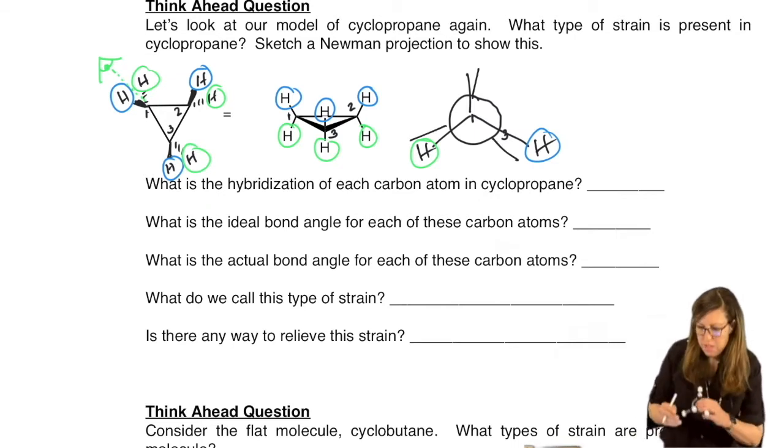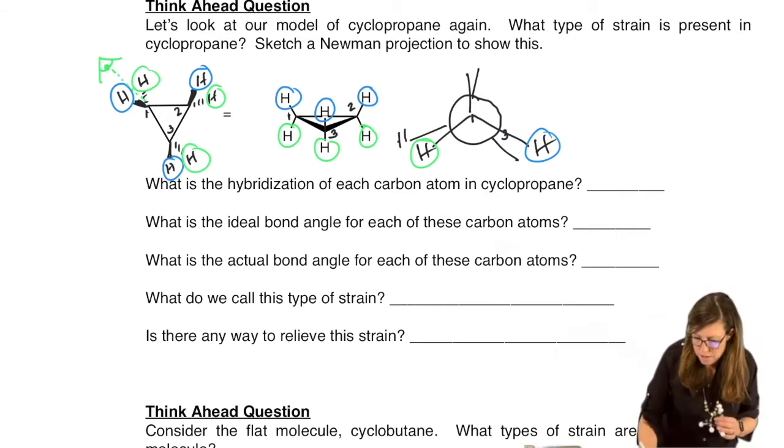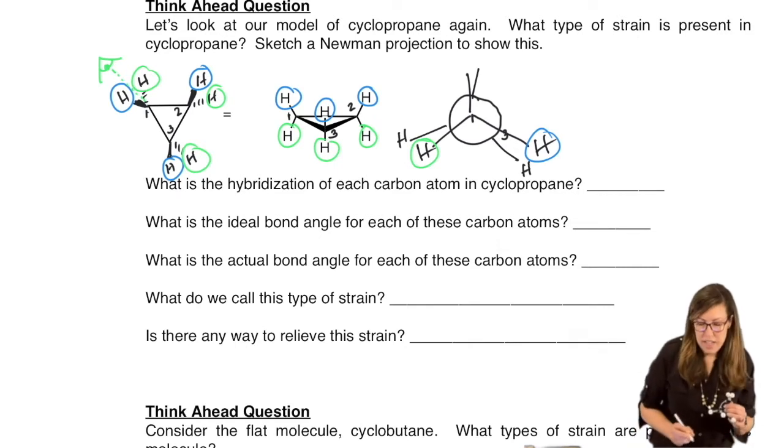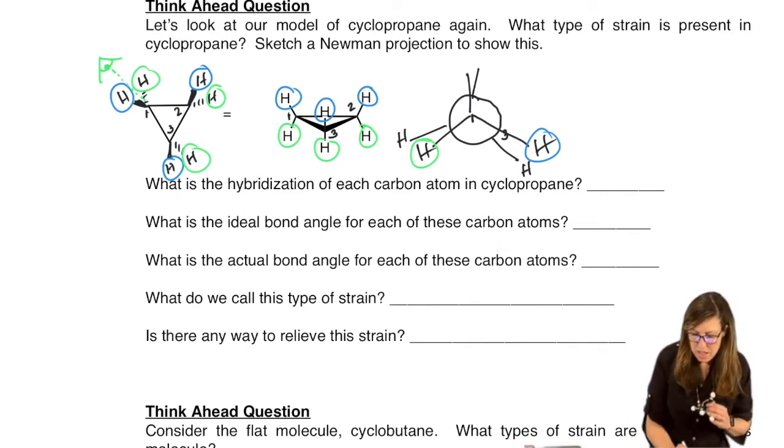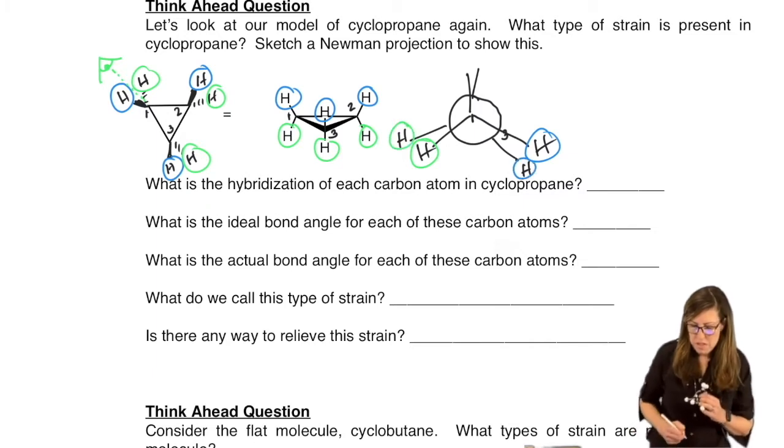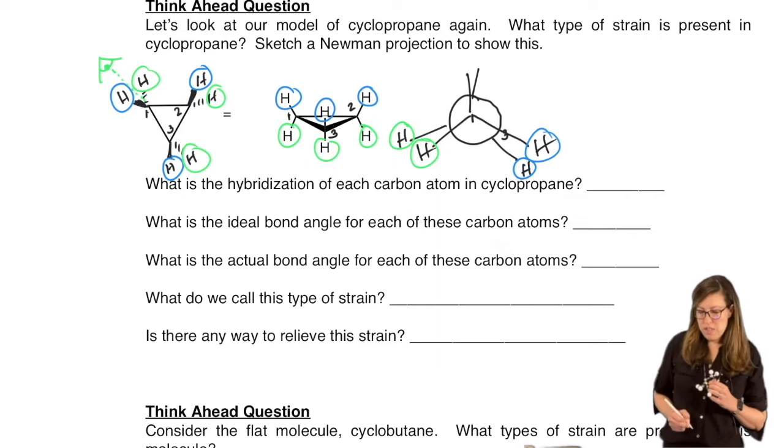Okay, so we notice that the H's are eclipsed. So wherever I found an H earlier, I have an H again. And notice that the blue H's are all eclipsed, right? And the green H's are all eclipsed with each other. So that therefore must be green, and this must be the blue. Okay, now what's up above my head?